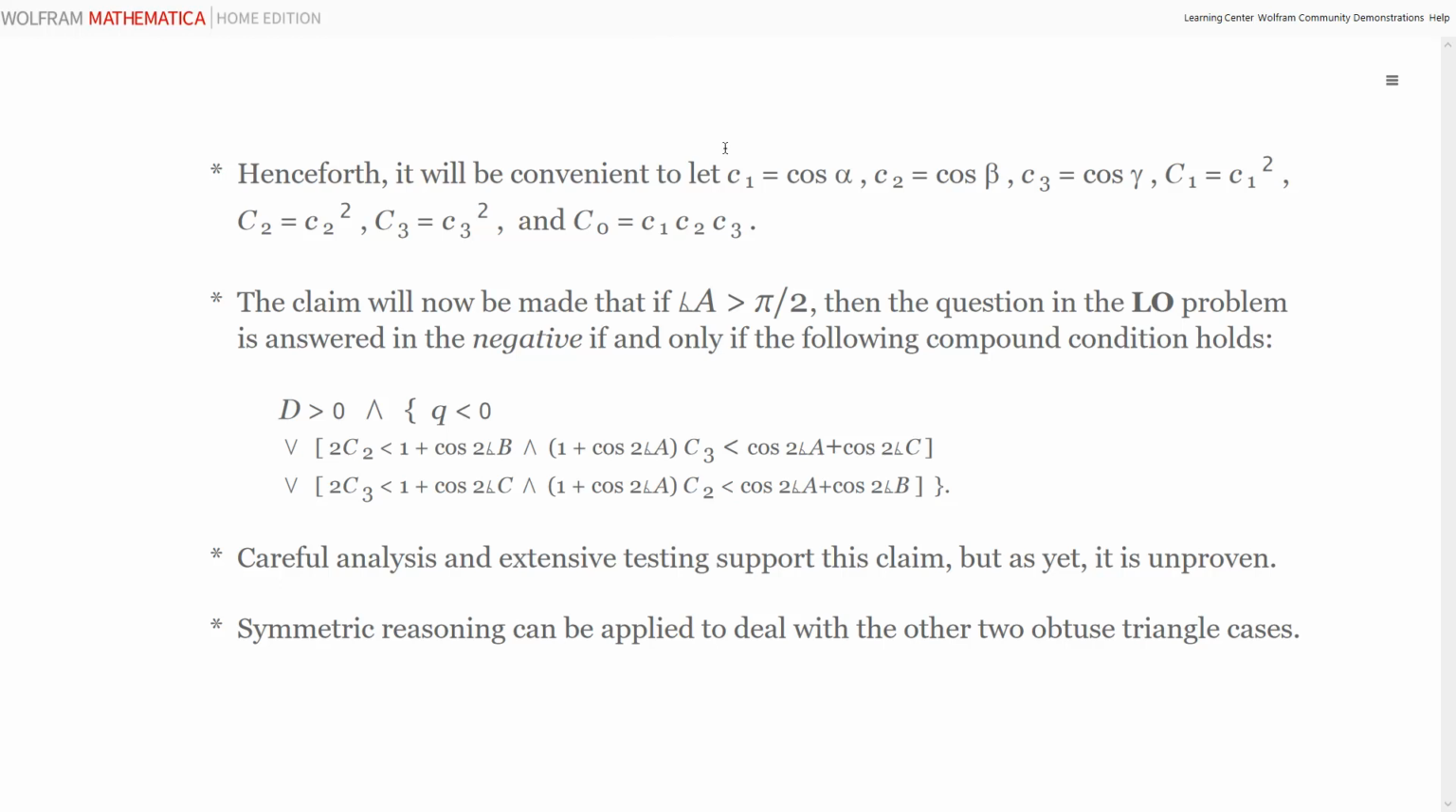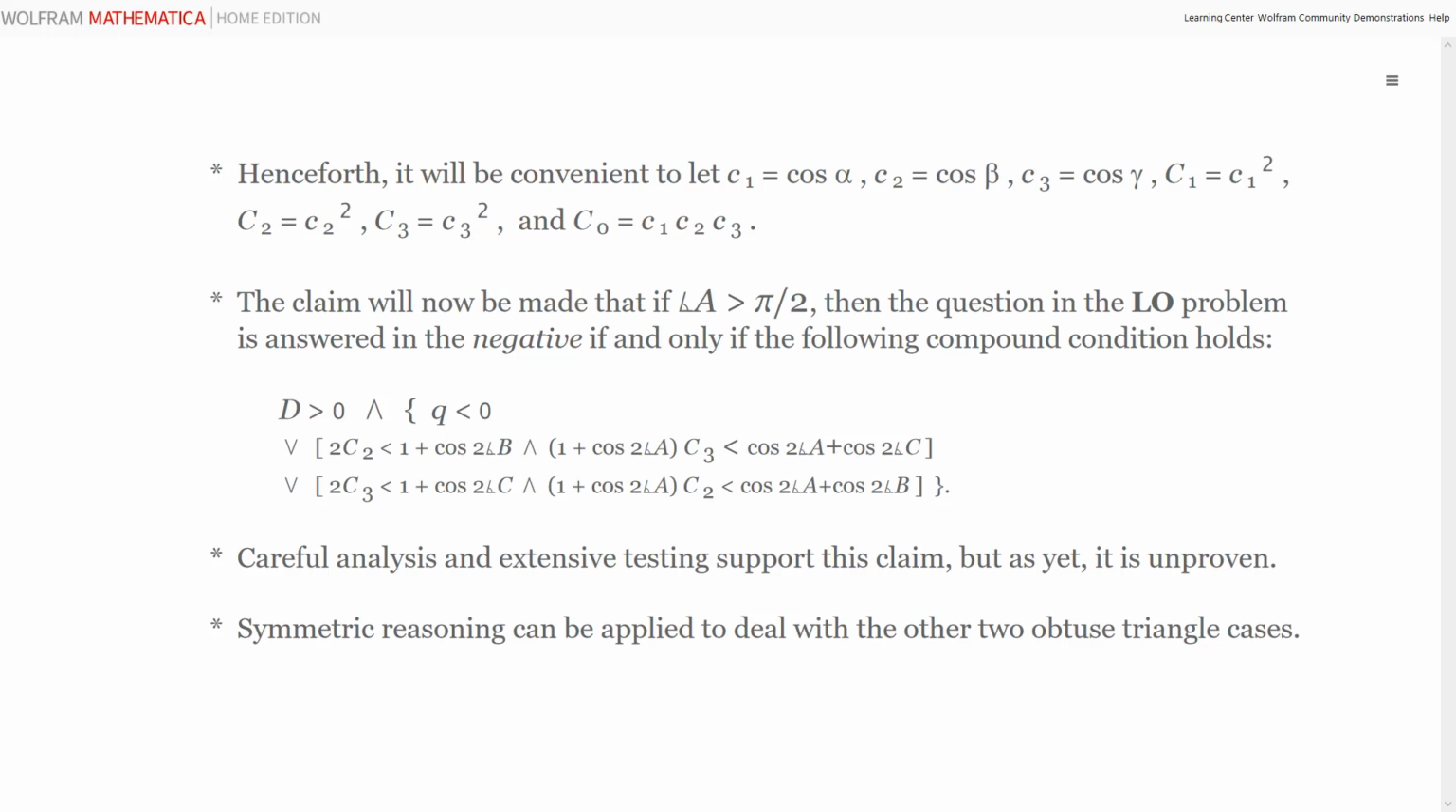All right, it'll be very handy to abbreviate cosine alpha as little c1, and little c2 will be cosine beta, and little c3 will be cosine gamma. And I'll use capital C1 for little c1 squared, etc. And I'll use capital C0 for little c1 times little c2 times little c3. Okay, so